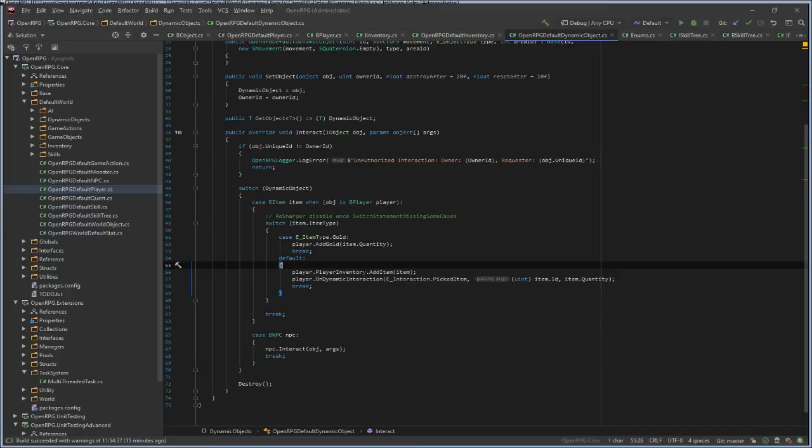If it's a basic inventory item, it will just add an item to your player inventory and give you some info about this item. See, dynamic interaction, picked item, item ID, item quantity, and if it's an NPC.